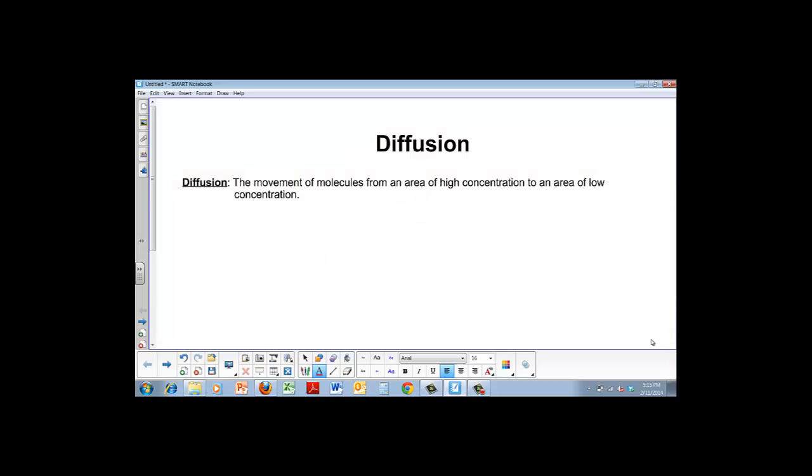Hello again. Today's topic is going to be dealing with diffusion, and diffusion is something that's really important for you to understand whether you're taking a biology course or my anatomy and physiology course. It's something that we're really going to expand upon, and we experience diffusion every day of our lives,